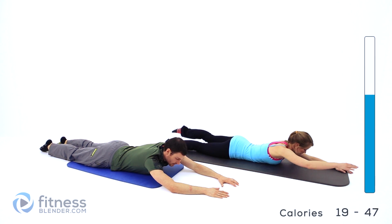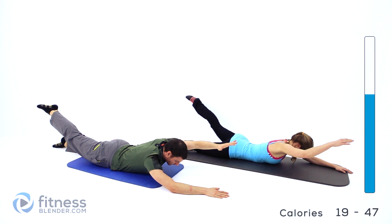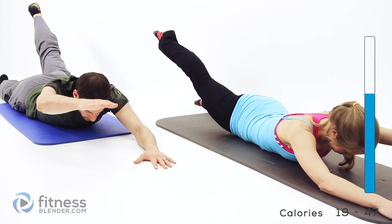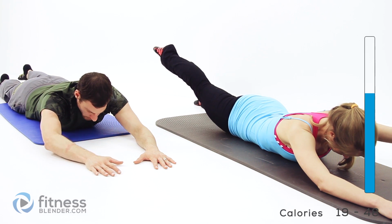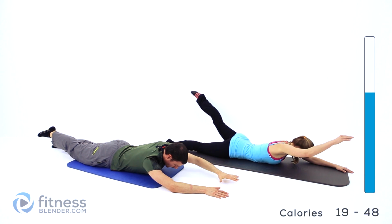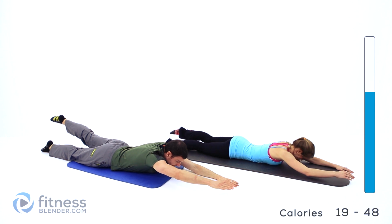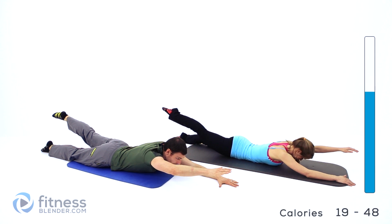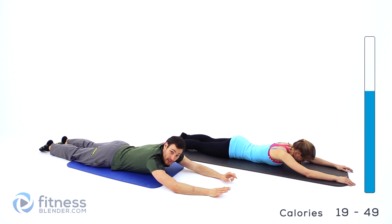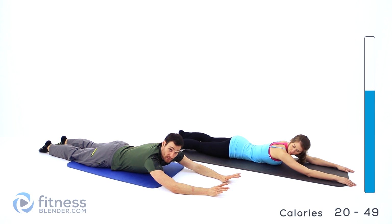Two more on each side. And let it relax for just a second. We're going to do that same exact motion over again. This time we're going to make it a little bit faster, a little bit